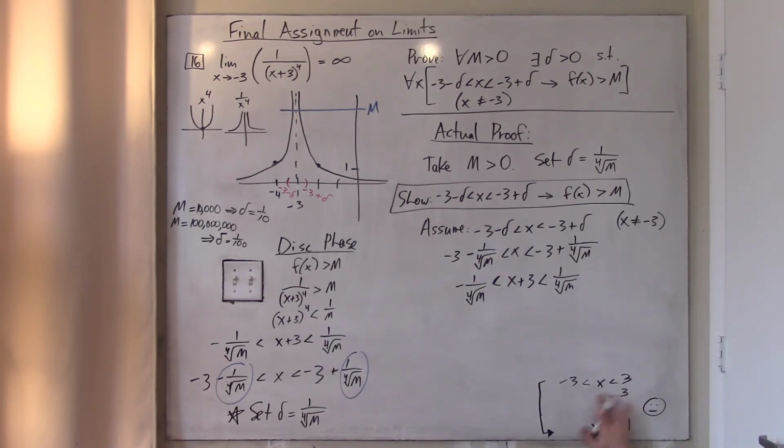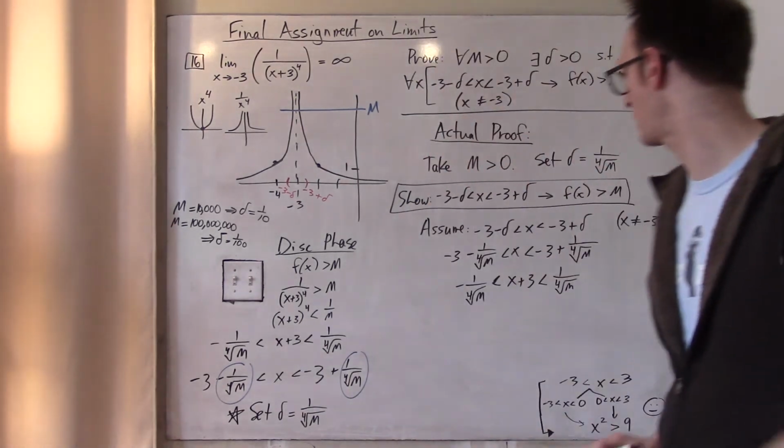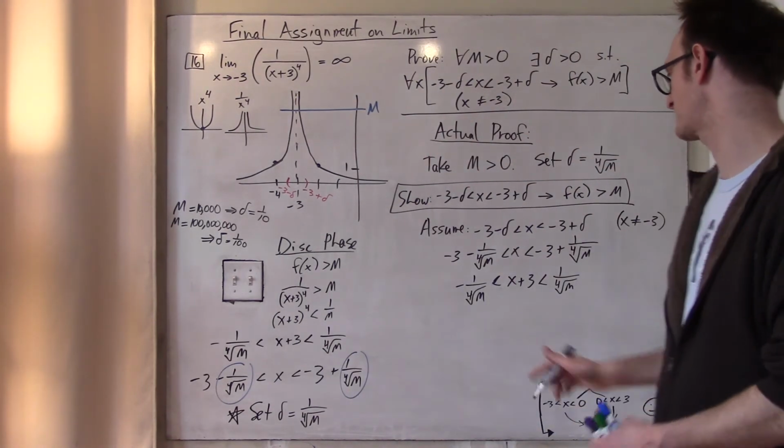split this up into cases, I suppose, and say that, look, what I know now are sort of 2 things. That x is a positive number between 0 and 3, so that when I square it, it's bigger than 9, or it's a negative number that's between negative 3 and 0, and then for some reason also when you square it, it's bigger than 9. But okay, this seems like too much detail to go into here, so here I'm just going to go for